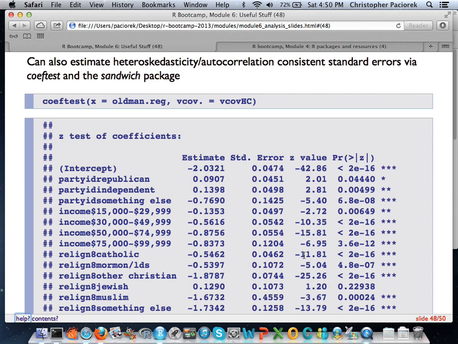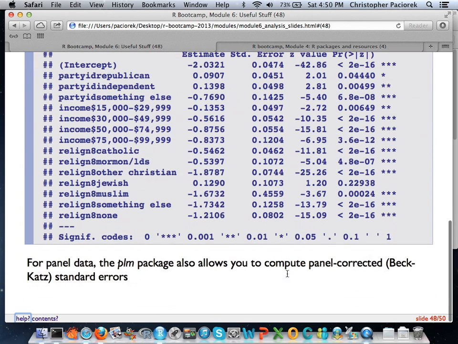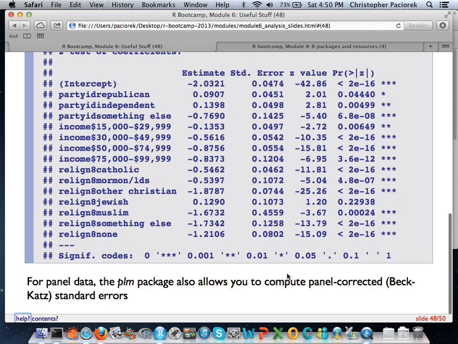object right here, put it into this function called coeftest, and specify a particular type of variance-covariance matrix that you want to include in calculating your standard errors and coming up with these p-values, for instance. And it will take that object and give you a summary output here with adjustments made to the standard errors. So it's not quite as easy as ticking a box, but still very much doable.